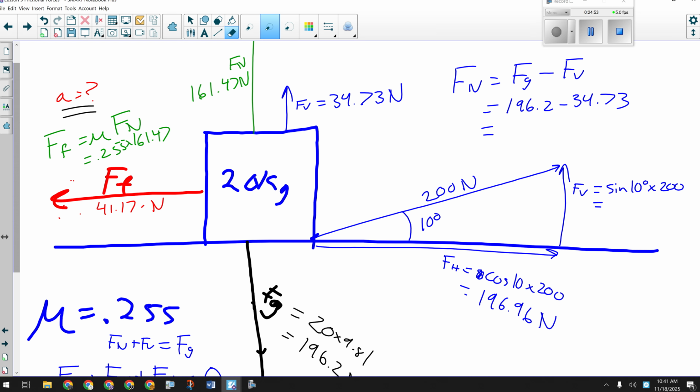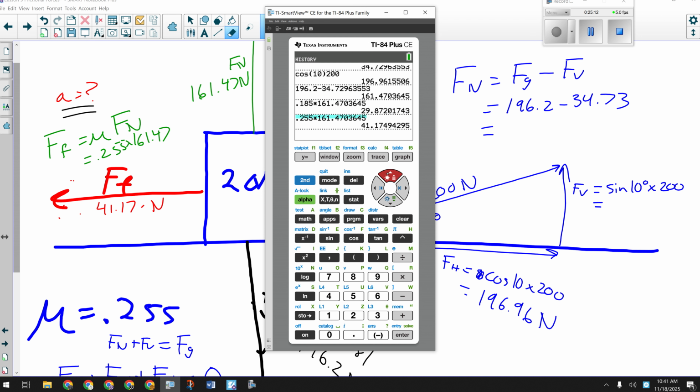All of the stuff we've done up until this point is vector sum of all forces. Some questions involve a lot. Let's finish it, and then I'll show you what this would have looked like if we'd drawn everything tail to head. The reason we do it this way is to simplify everything. So we've got our 196.96 going forward, so we'll take that number there, and we'll subtract that force of friction, the now correct number, that we have going backwards. All right, so the net force here is